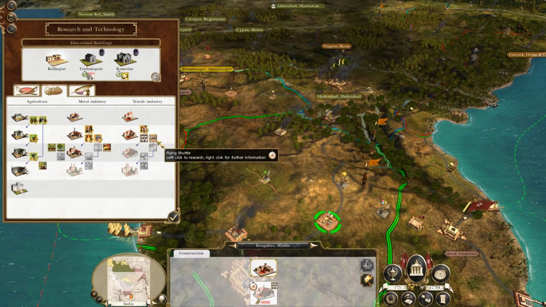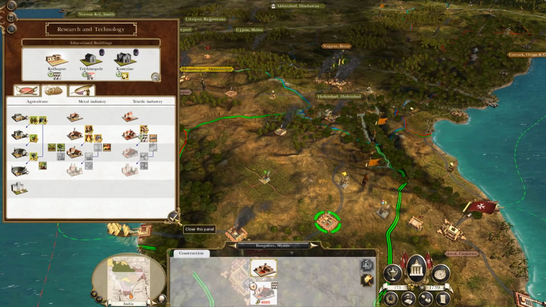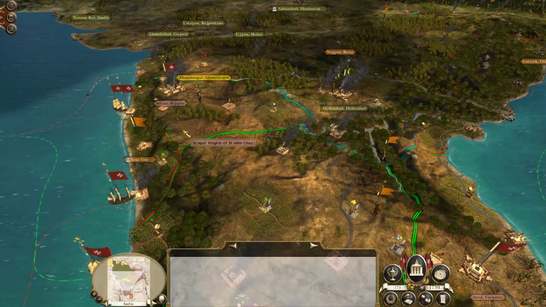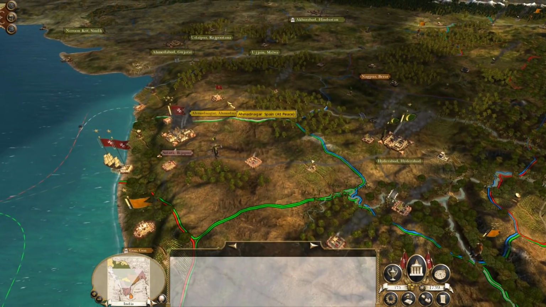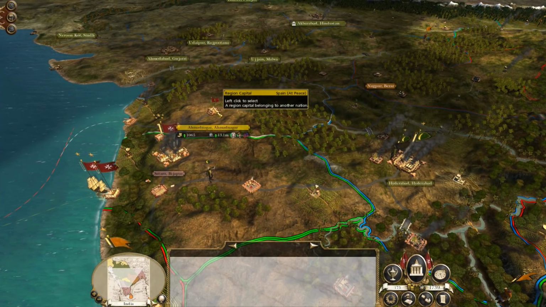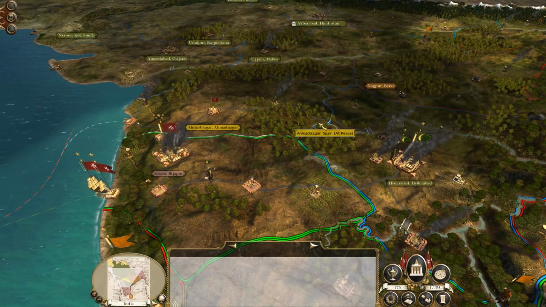I think we'll get spinning loom. Spinning mule, should I say, here. Yeah, I think we'll give spinning mule here. It'll give us an 8% increase in the wealth generated from those. We've also got... So, Satara is ours. Actually, Spain have got Ahmednagar here, which means Spain must have given something up here for...